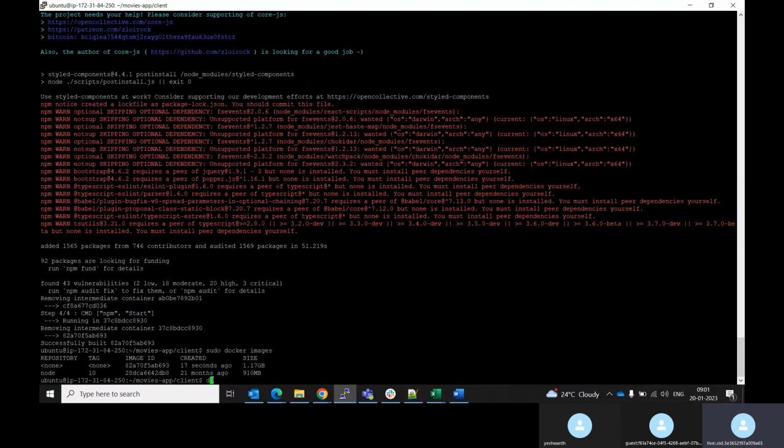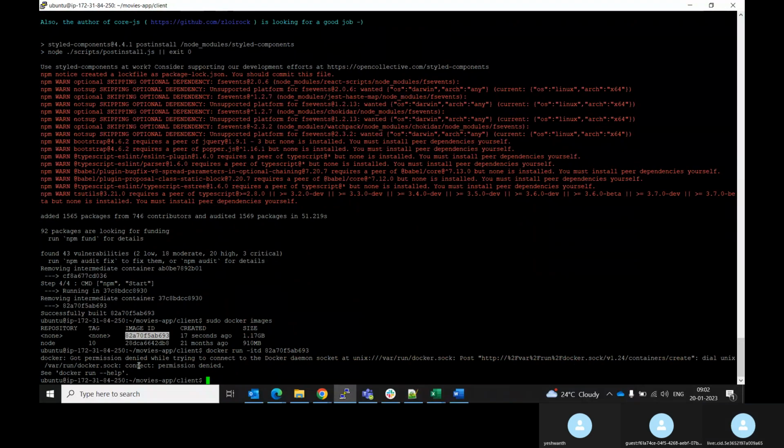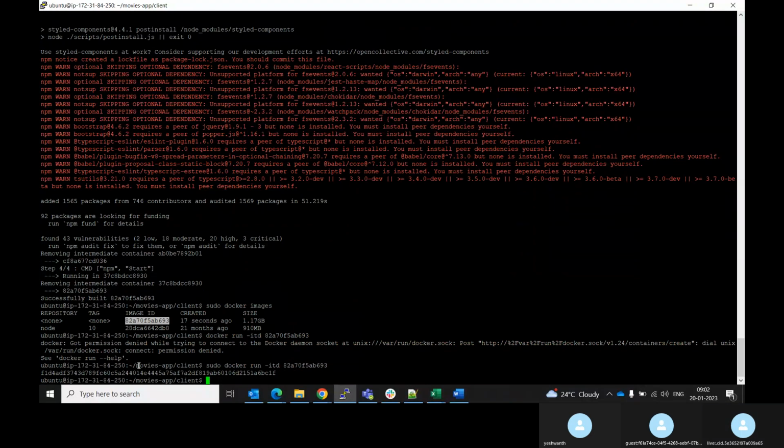now see guys, we don't know which port we have to map. At that time, you can just run the Docker image directly, and if you do docker ps,